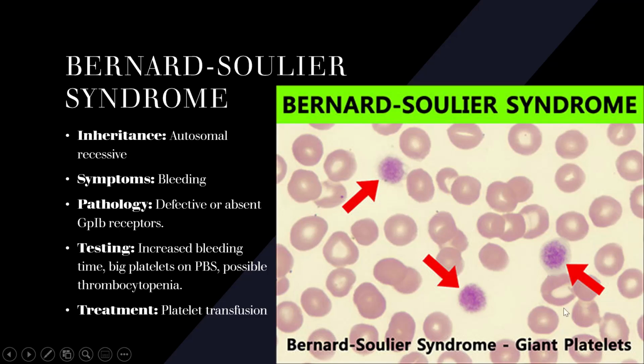These right here with all the arrows are platelets, and they're a lot bigger. Platelets normally look like this little stippling here. They're very small normally, so these are huge platelets. If you read First Aid, they use a mnemonic, "big suckers, Bernard-Soulier." Big suckers, which are the platelets, should